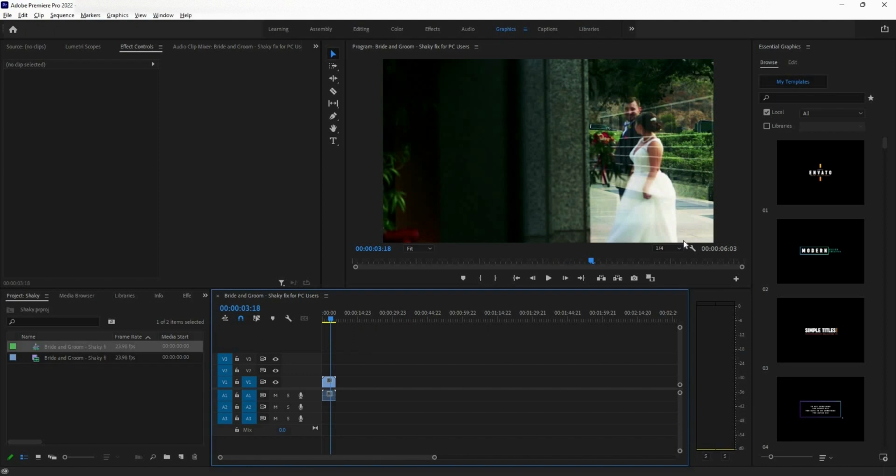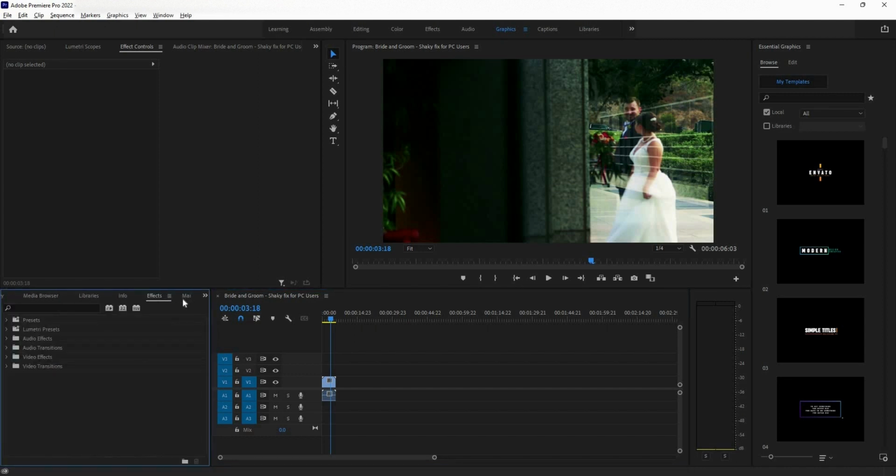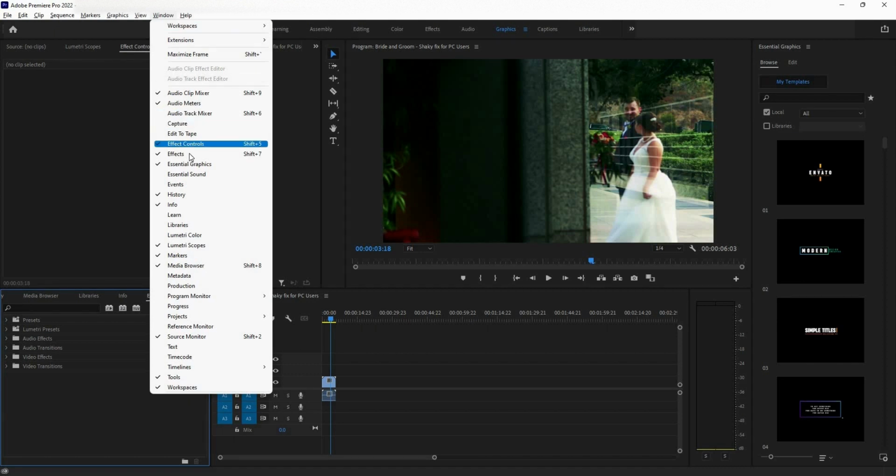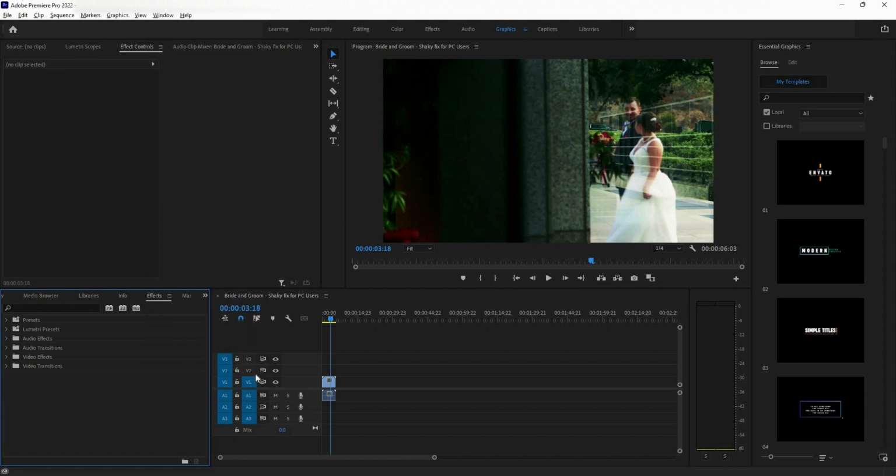So let's make this footage not so shaky. I'm going to go to the FX window. In case you don't have this, you can go to the Windows menu, and you can access it from here as well. You can use Shift 7 to pop it up somewhere in the window, and you can just type in here